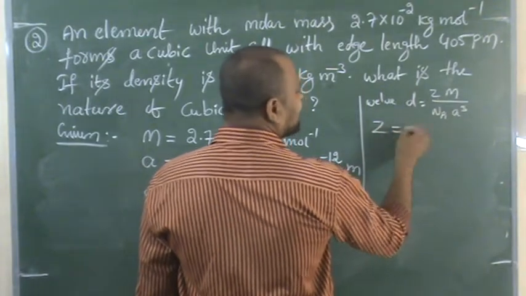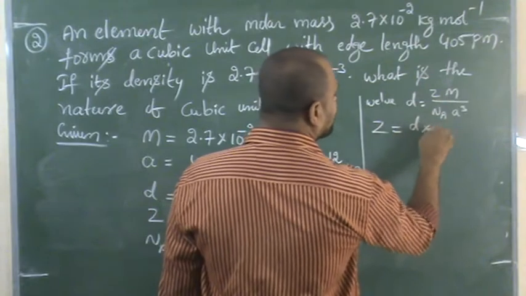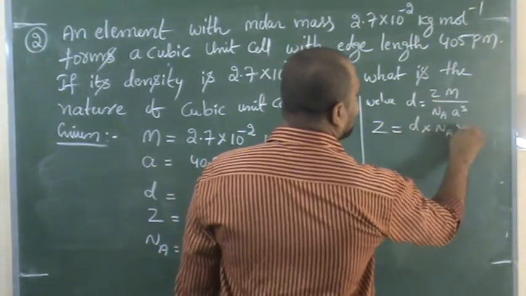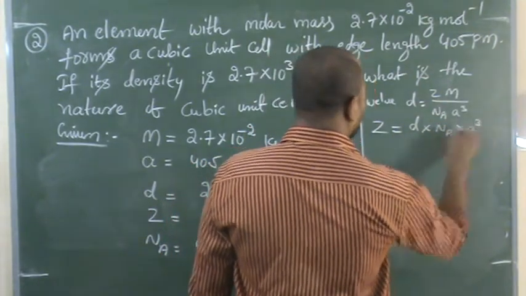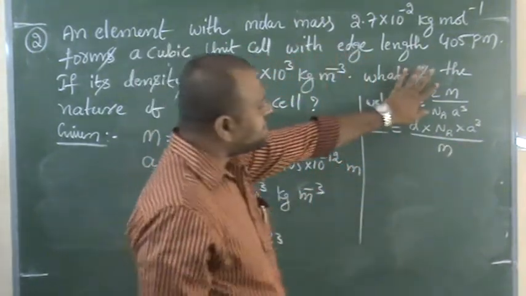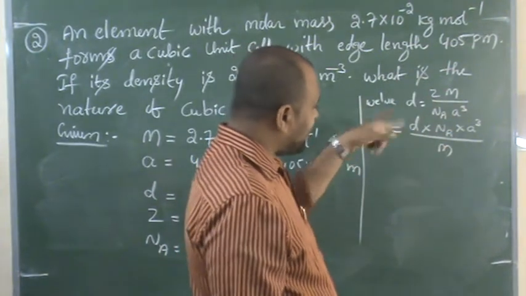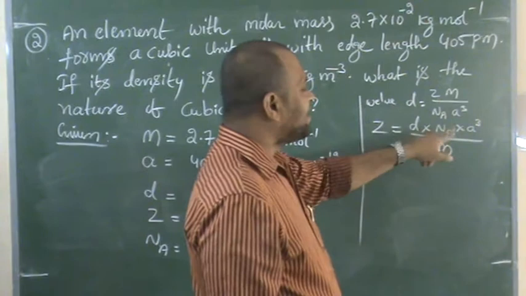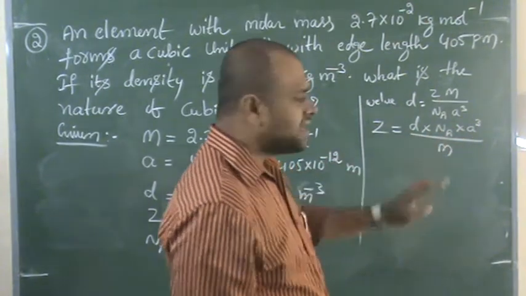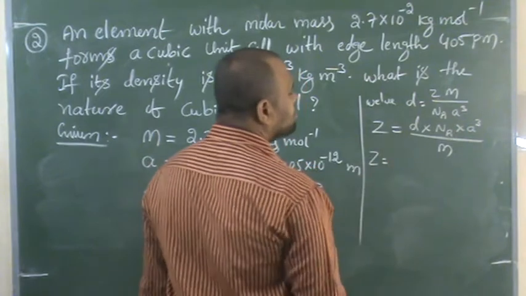So keeping Z like that only, send the remaining things to that side. What will happen? D into Na into A cube divided by M, correct? So I am sending M by Na into A cube to that side. It will become D into Na into A cube divided by M. Now substitute all the values. Z is equals to,